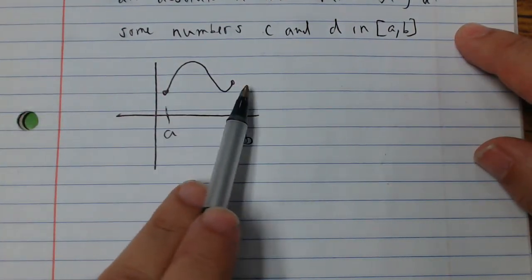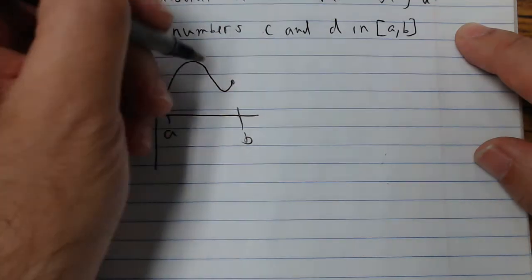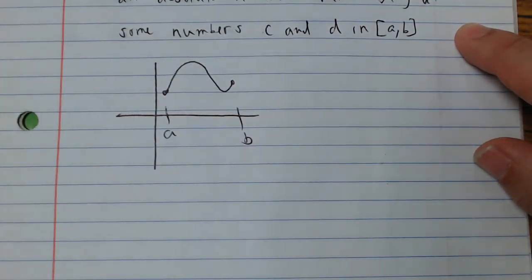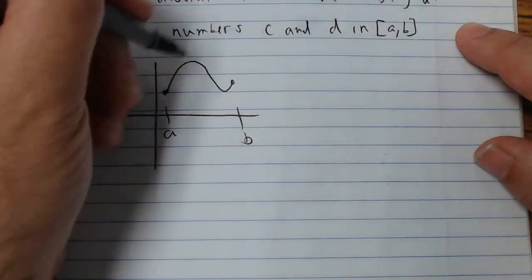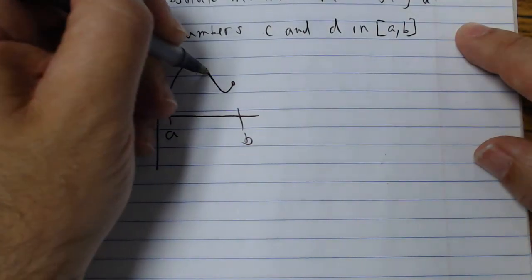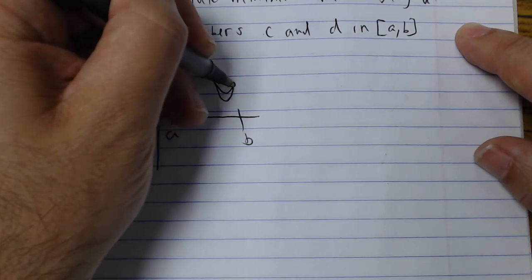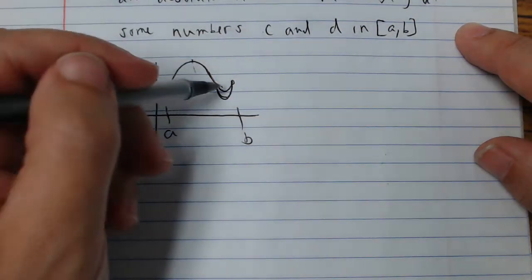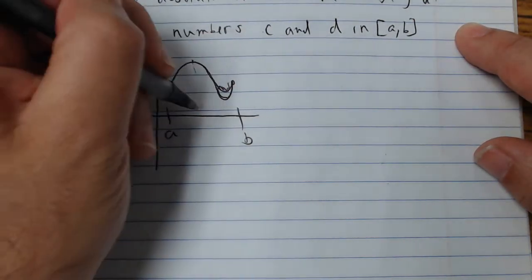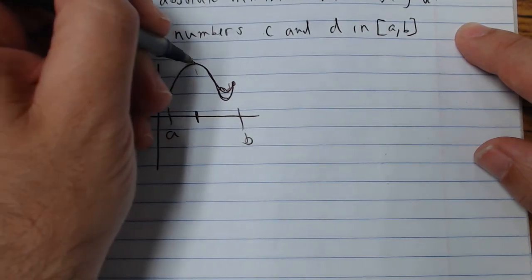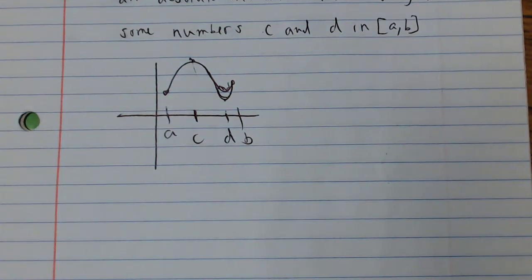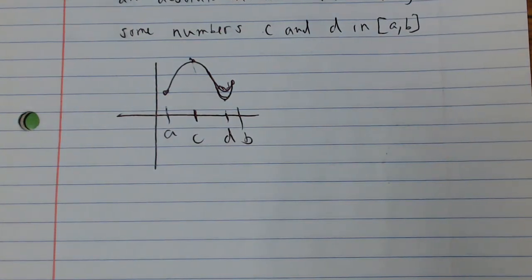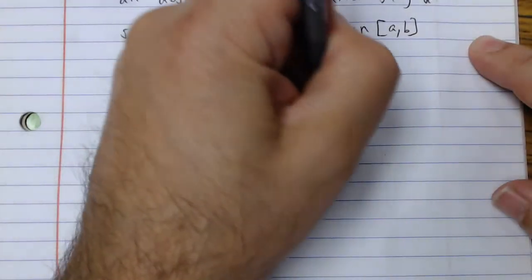This is continuous on the closed interval, and this graph actually does have an absolute maximum and an absolute minimum. Where is my absolute maximum and minimum? Let's draw this a little lower just to make it clearer. So ignore this part. What do I notice? My absolute maximum is at C, and my absolute minimum is at D. Okay, so notice how, as long as it continues on the closed interval, or I could have it this way,